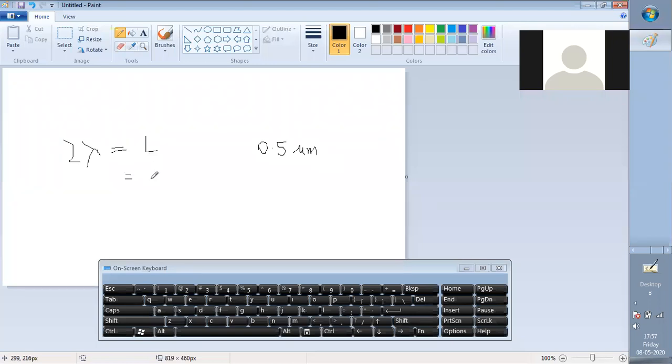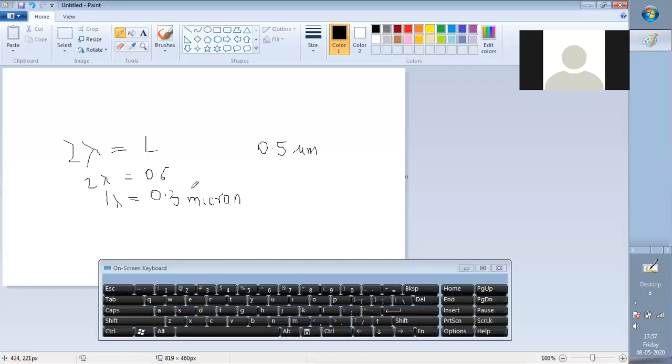So 2 lambda equals 0.6, which means 1 lambda equals 0.3. Micrometer in short is called micron. So 1 lambda equals 0.3 micron.